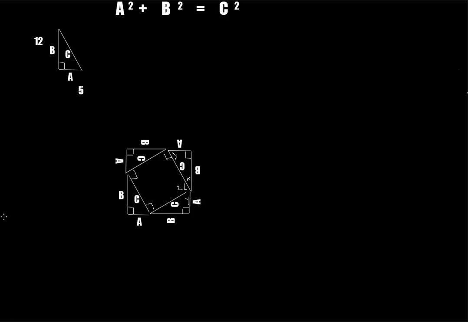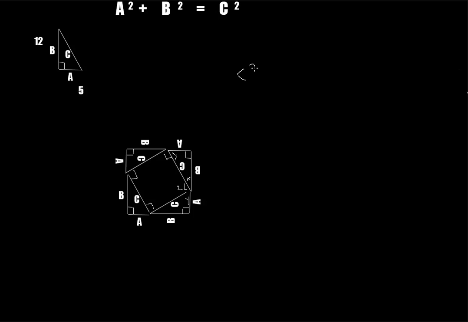Alright, so we have just figured out that the inside resulting object is a square. We figured out that all the sides are the same. Every side is C and C and C and C, and all of these are right angles. We have proven that. So it is a square in the center. Now we want to think about how we get the area of that square. Now the easy way to do it is just